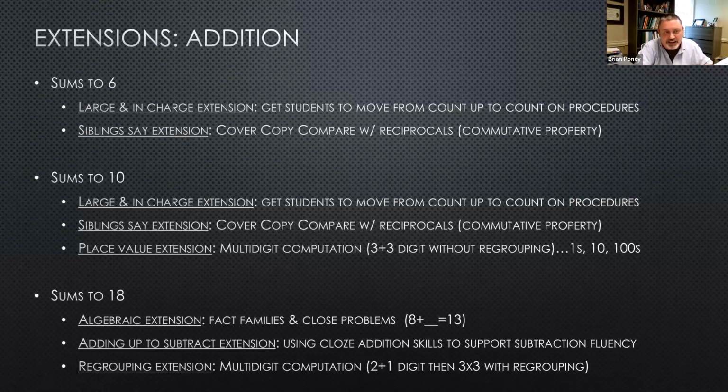And eventually I would like to see kids counting up, not counting on, right? Or I'm sorry, I want to see them count on, yes, I want to see them count up, and I want that to generalize to sums to 10. Just like with the reciprocals, let's say a kid gets what we train them on, but then we give them a separate